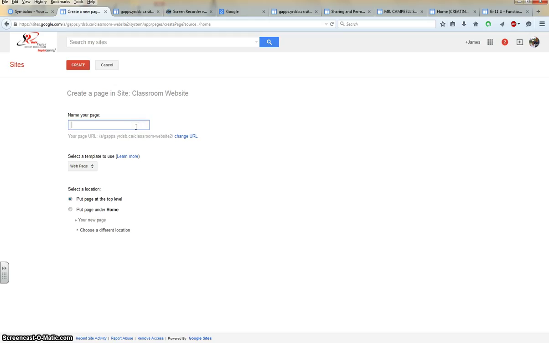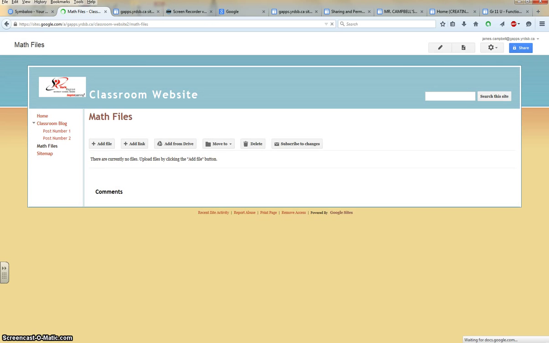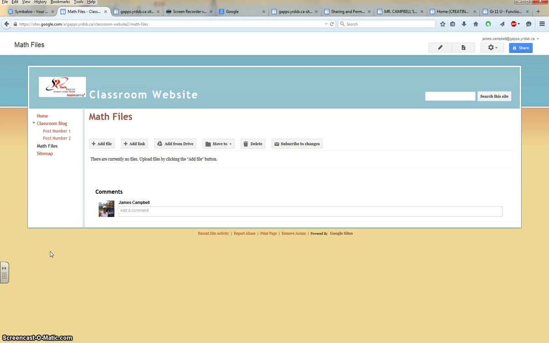So I'm going to call it math files, and I'm going to call it file cabinet. I'm going to select the template as a file cabinet, and this time I'm going to put it as top level so that it comes up as its own category on the sidebar menu, and press create. So this page becomes very useful when you want students to download files or